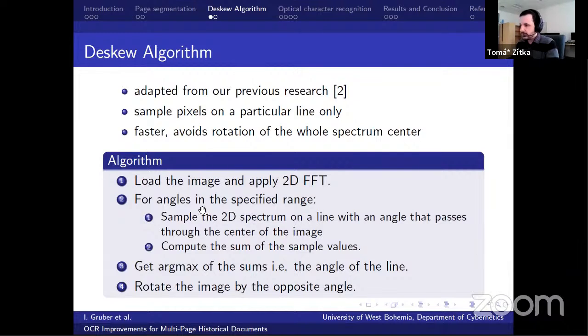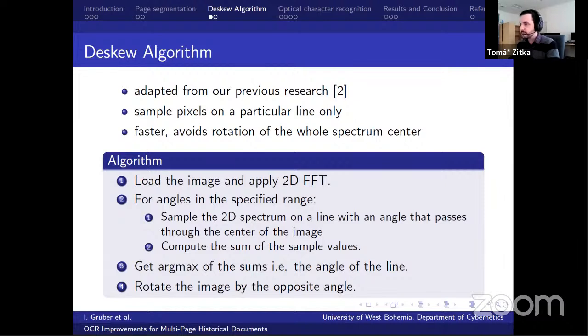iterate over angles within the specified range with a specified step and sample points on the line with the angle that passes through the center of the image, compute the sums of the sample values, and then find the largest sum. And this largest sum denotes the angle we want to use to deskew the image, to rotate it in the